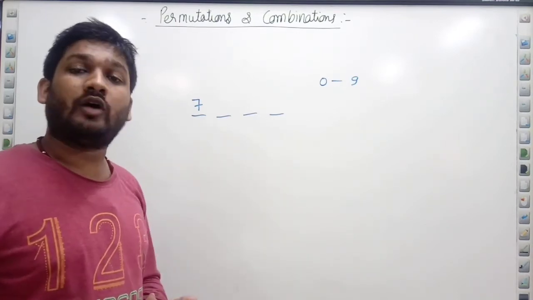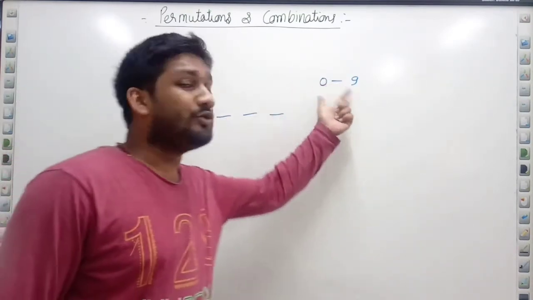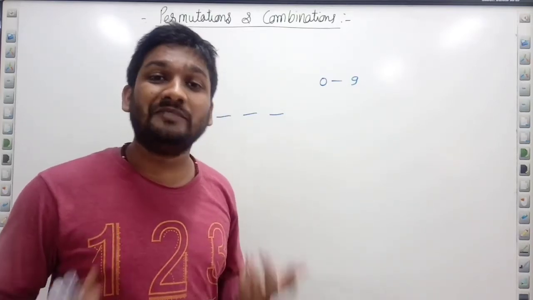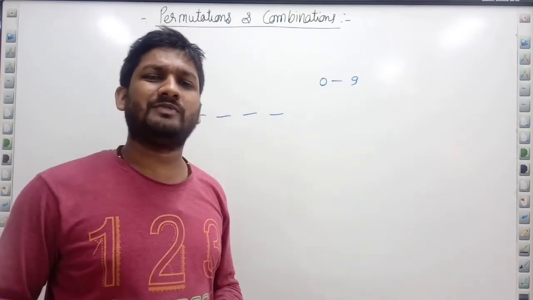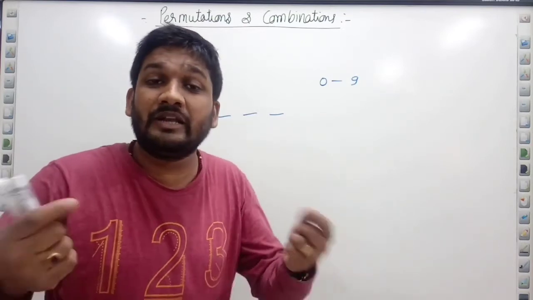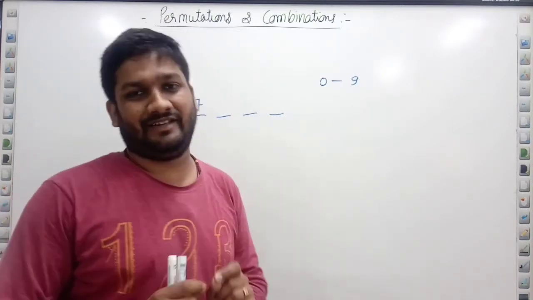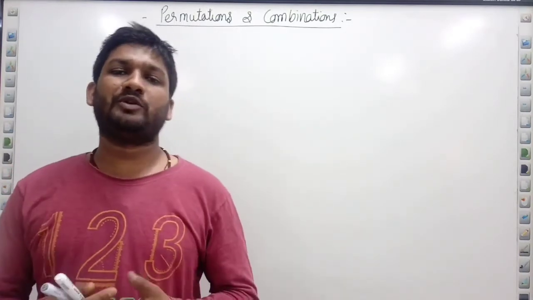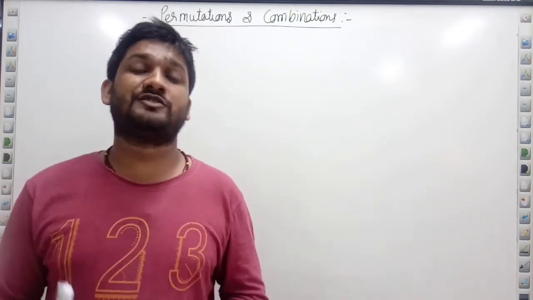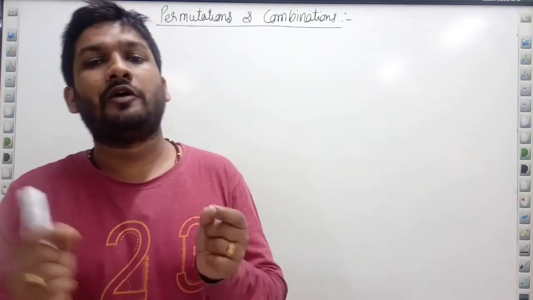Now what will I do, how will I try? I will list all the three digits that are possible from 0 to 9. You can understand this is a very huge, lengthy process, right? We cannot say how many combinations there are, it will be difficult for us to calculate, but in permutations we will do it very easily. So we can conclude that in permutations and combinations, we are concerned with determining the number of different ways of arranging or selecting out of a given number of objects.